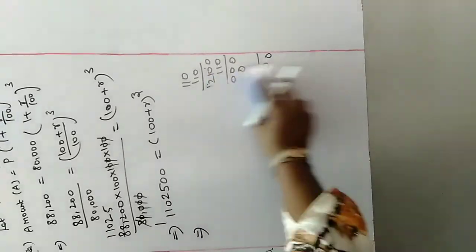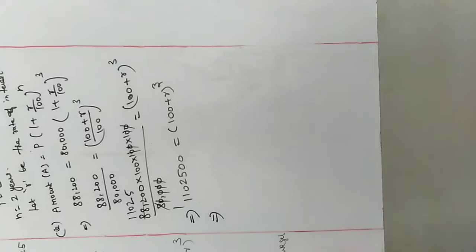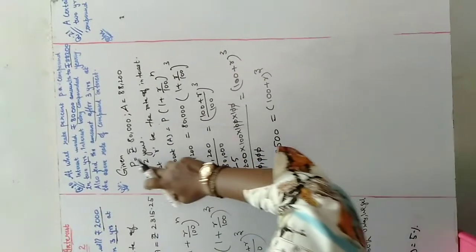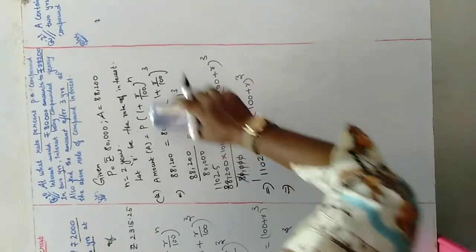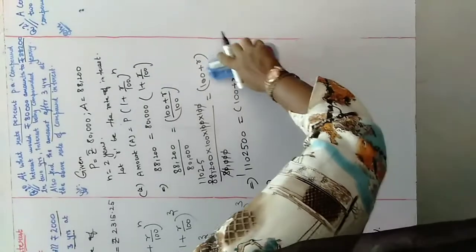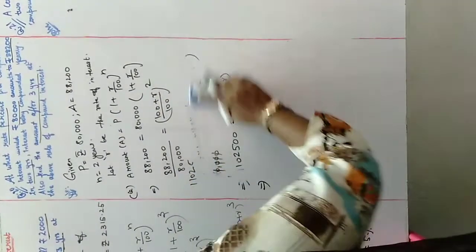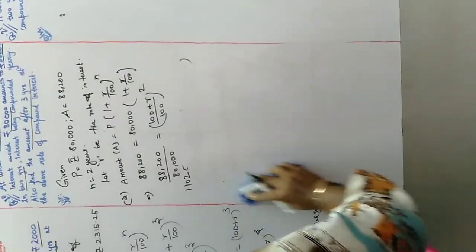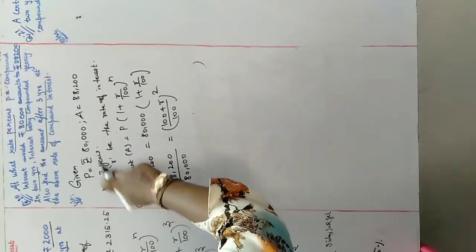Wait a minute. Okay, I'll tell you. For 2 years only we are supposed to calculate, which is why we don't get the answer. I have done it here for 3 years instead of 2 years, so you have to change it here to 2 years and then go with the calculations. We are supposed to find the amount after 3 years, but for 2 years we are supposed to calculate the rate of interest. I have written it here, but I made a mistake. Let me proceed.